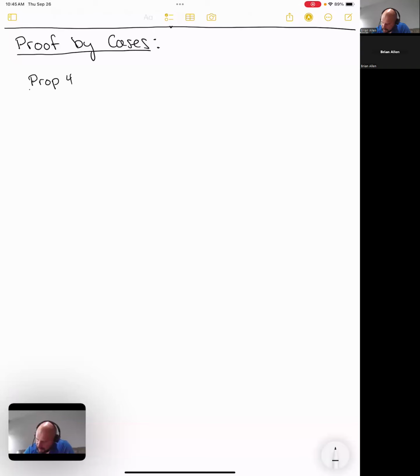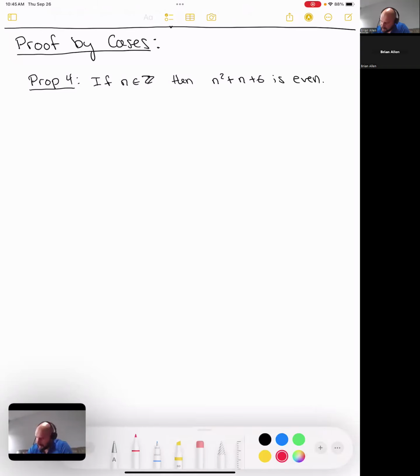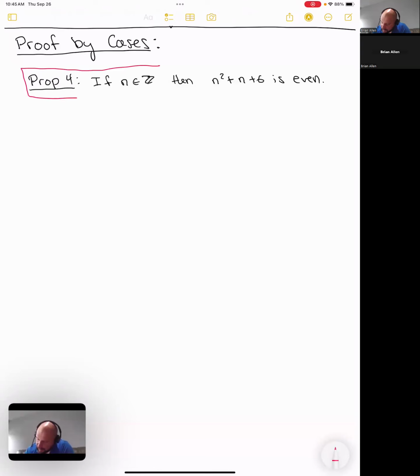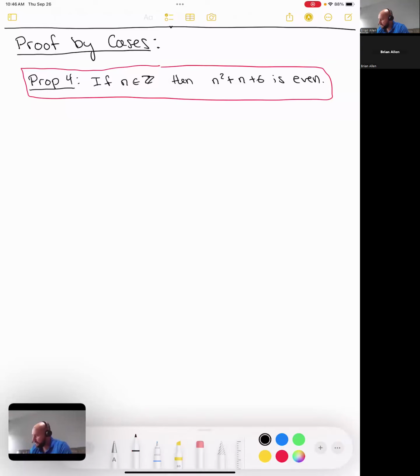And so now we want to prove something else. If n is any integer, then if you form this expression, n squared plus n plus 6, you will always get an even integer. We're proving this so we have an example of proof by cases, but in this class we're going to see many different examples of proof by cases. This is just our first very simple example